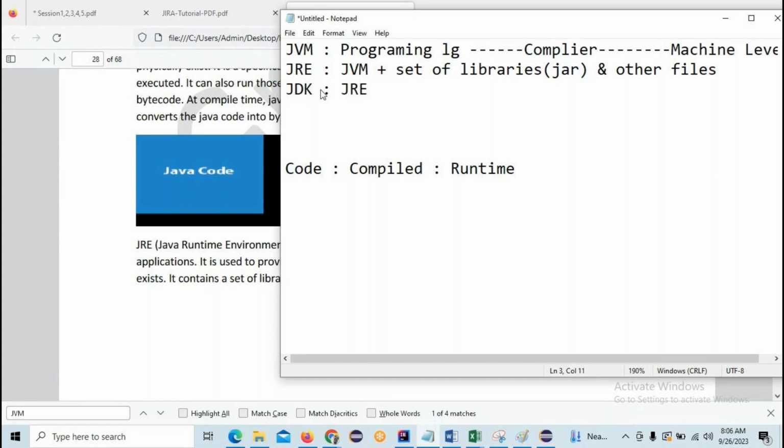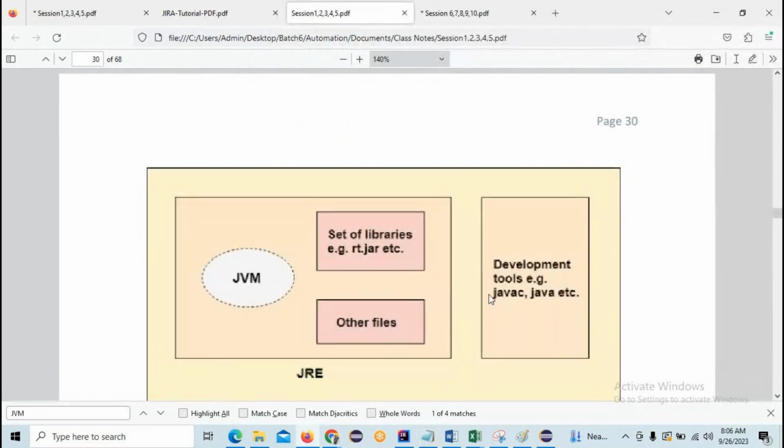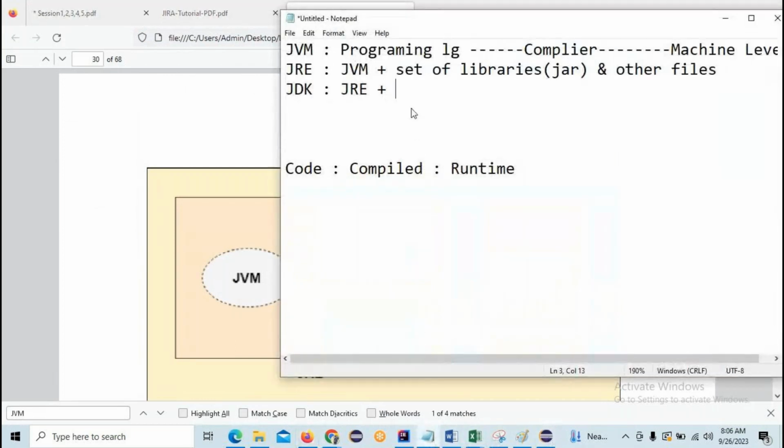JRE plus, as you can see, JRE plus some development tools such as javac and java. Here you can see JRE plus javac and java. Here, if you are running the program in Eclipse, you can't run any javac ClassName.java, java ClassName like that. You can't do anything. But if you want to run the program through the compiler or some other tools where you have taken the code,